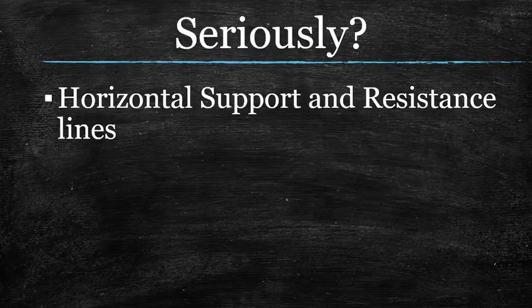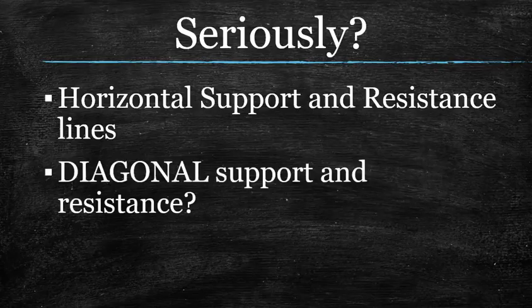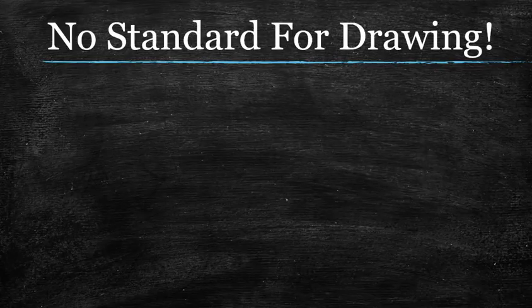Do you really think the banks pay any attention to diagonal support and resistance? Think about this. It's ridiculous. I can tell you right now they don't for sure, because even if they wanted to, there's no standard for even drawing a trend line correctly. There's people out there who say this is how, but they're not the authority on this. And because of that, all of these little rebound and or breakout points that your trend line has can be completely different from the other trend line trader trading right next to you.